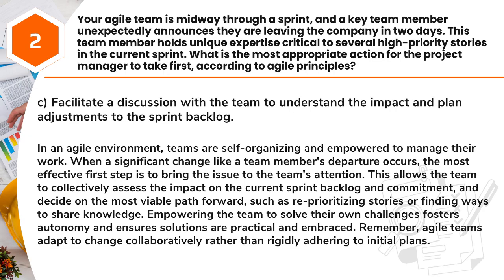Answer: C. Facilitate a discussion with the team to understand the impact and plan adjustments to the sprint backlog. In an Agile environment, teams are self-organizing and empowered to manage their work. When a significant change like a team member's departure occurs, the most effective first step is to bring the issue to the team's attention. This allows the team to collectively assess the impact on the current sprint backlog and commitment,